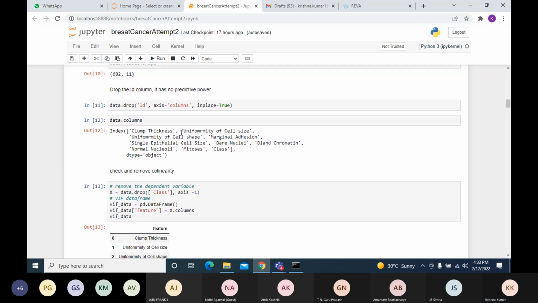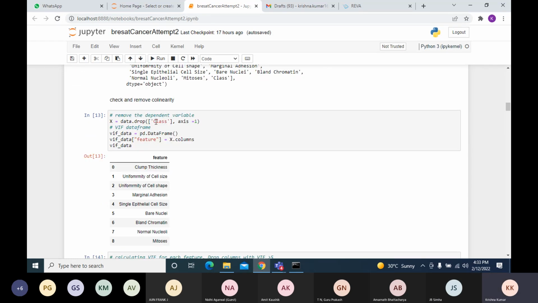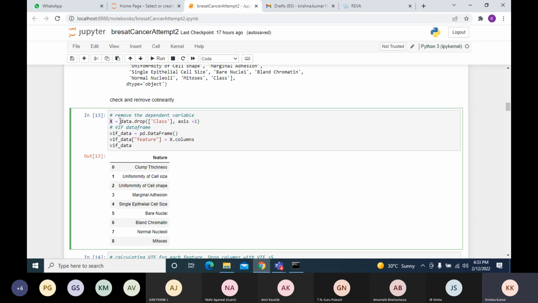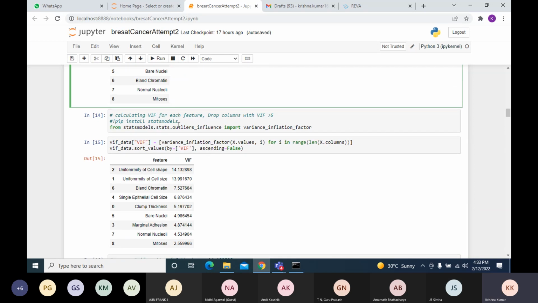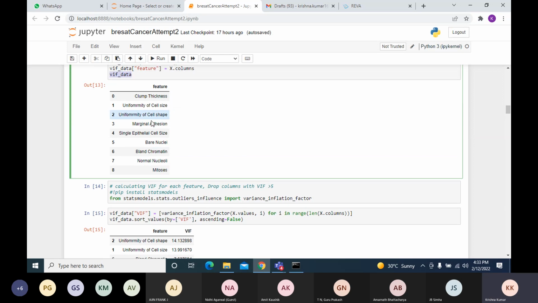So ID is gone, and now I'm removing and trying to create a new data set. I will tell you why. I just removed this class. Now what I'm left with is only the feature variables. I'm trying to create a new data frame for feature variables, putting all the columns into this, and then I have a new data frame with only one column now, which has only features. So with 8 rows and one column, only features. From the statsmodels, I'm trying to check the influence of these variables on the